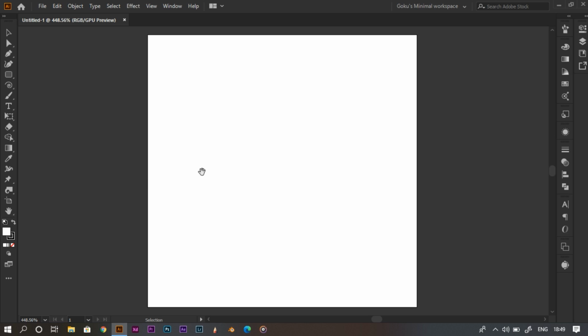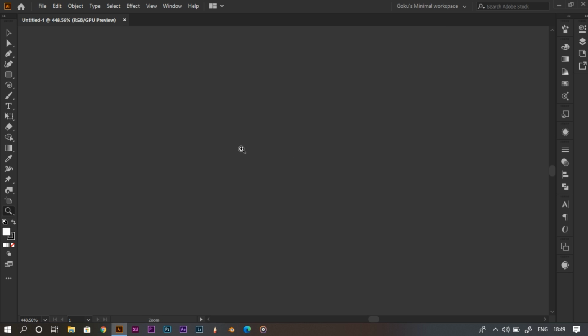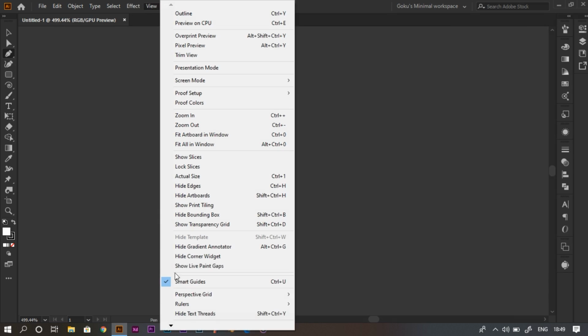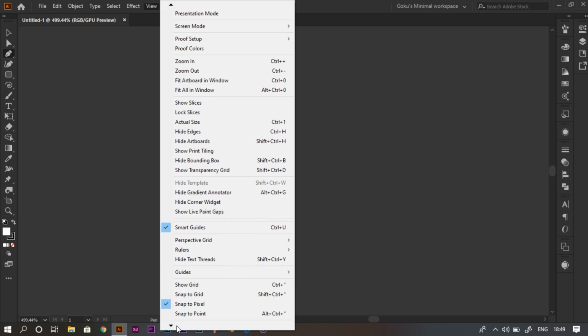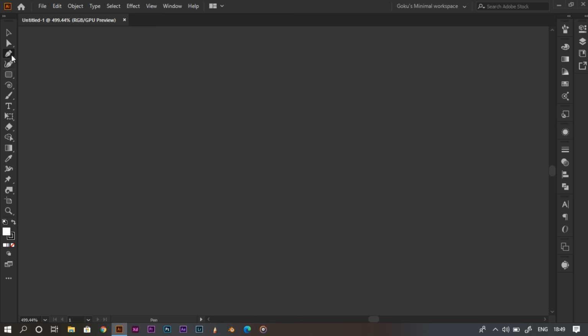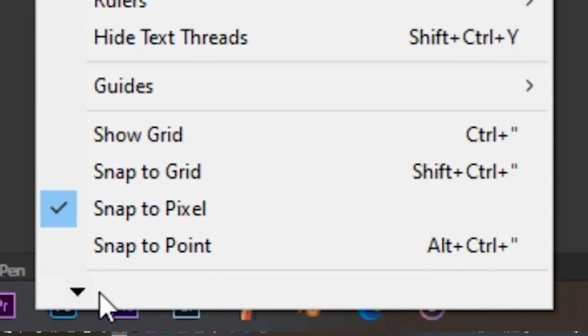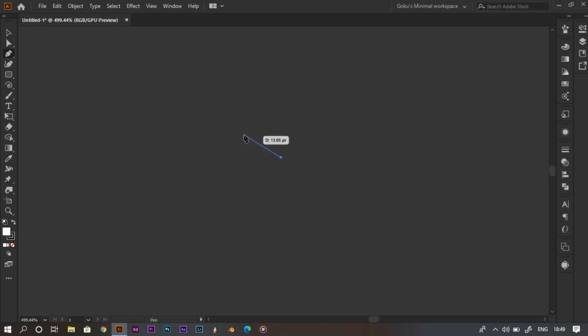So I'd like to work in gray space. I'll move away from the artboard and work in a free area where I have no boundaries, so I can draw freely. We'll select the pen tool. Its shortcut is P, or you can select it from the toolbar, and we will turn off snap to pixel. Alright, so let's draw. Just create a point, click and drag to make a curve, click to make an anchor.